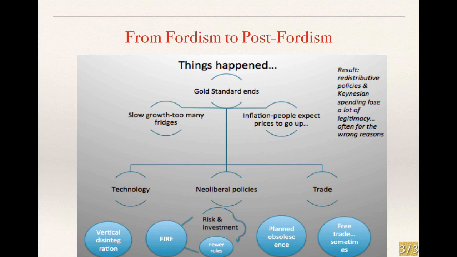On top of that, there is more slow growth, or rather growth starts to slow down. Quite simply, there are too many fridges and too many stoves out there, and demand is tapering off. People don't need to replace these things all that quickly and all that swiftly. As a result of this, there is some inflation in the 1970s. People expect prices to go up. As they expect prices to go up, they raise prices in turn. For example, a restaurant will increase prices on its menus. This will cause the restaurant suppliers to increase prices as well. And inflation by the 1970s is becoming a little bit of a concern.